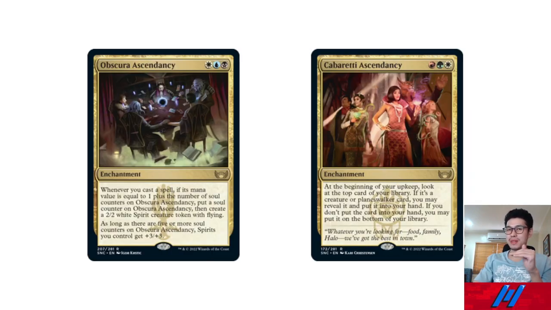Just because it's 3rd place or in the middle doesn't mean it's good, just because I can see it being value. Obscura Ascendancy knows what it does, but then it's just so hard to make it work unless you play it in Commander. Next would be Kabareti Ascendancy, just because you can play it in Standard, and